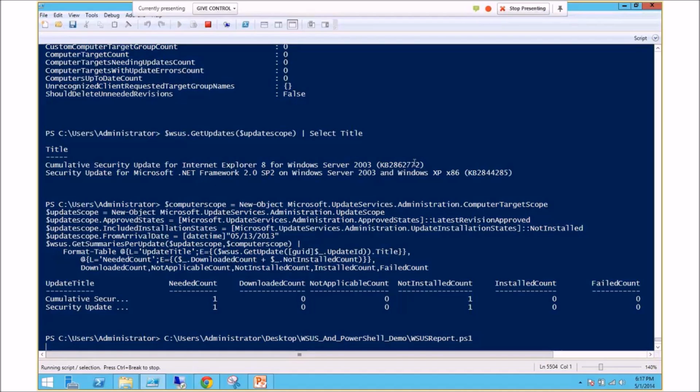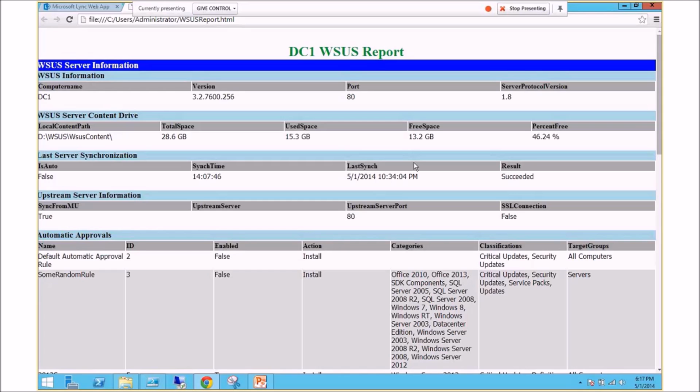Depending on what's there, and in the end, it tells you the version. You actually have to go through and it tells you, okay, this is the content path. This is how much space you have, how much is free. Your last synchronization, whether or not it was successful. Where you're pulling your information from, if it's from an update server from Microsoft, or if not, where is it coming from, what server on your network,